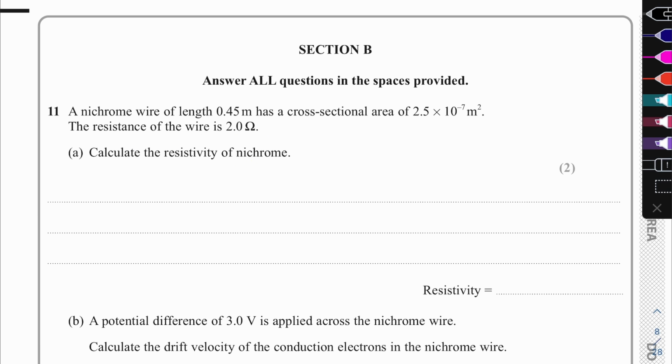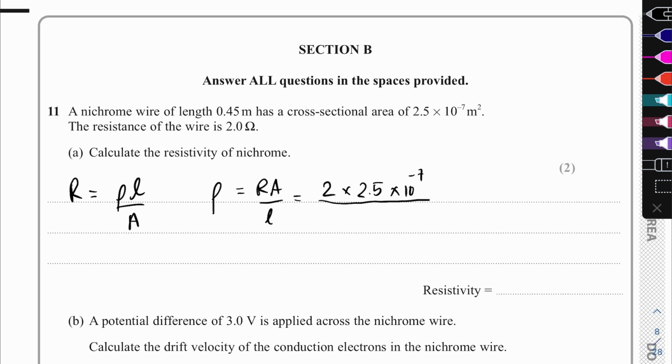Now, we need to first always write the formula down. So resistance equals rho L over A. We're trying to work out what rho is. So rho equals RA over L. Do we have everything given to us? Yes, we do. So we know the resistance is 2 times 2.5 times 10 to the power of negative 7